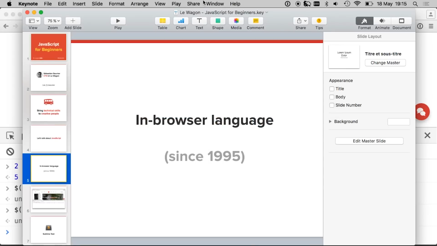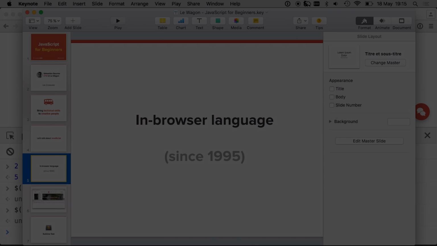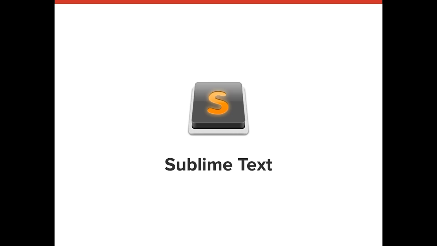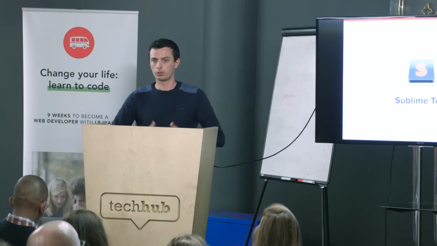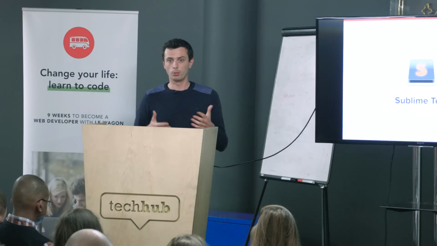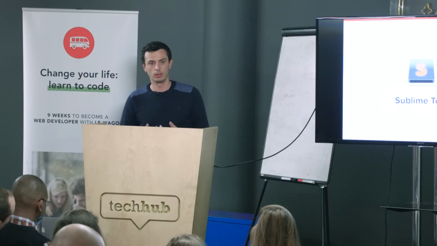But at some point we have to code in real software. And there are two tools I like to use when I write JavaScript. The very first one is my text editor. I use Sublime Text, a great text editor. What's a text editor, if you don't know? It's basically Microsoft Word, but for developers. It's a place where you're going to write your code